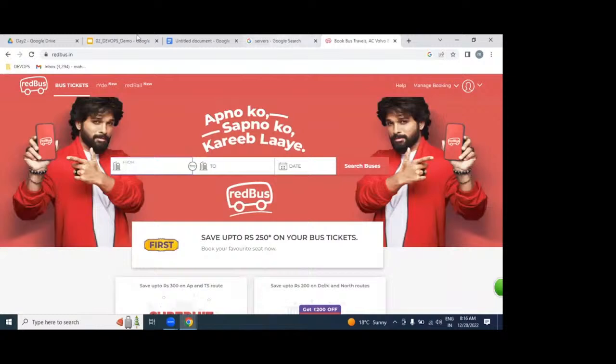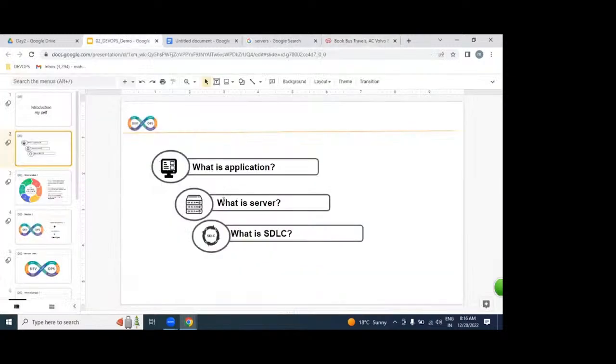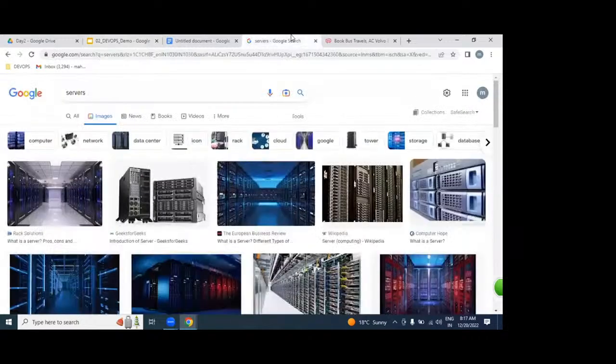This is what we call an application. But what is a server, and what is its purpose? How many ways can we get servers? We can get servers in a physical environment, a virtual environment, or a cloud environment. Any server is for deploying our applications and maintaining them 24 hours for a long time without any shutdown.